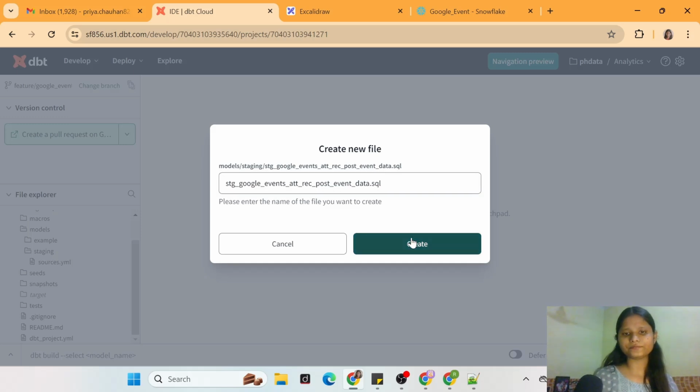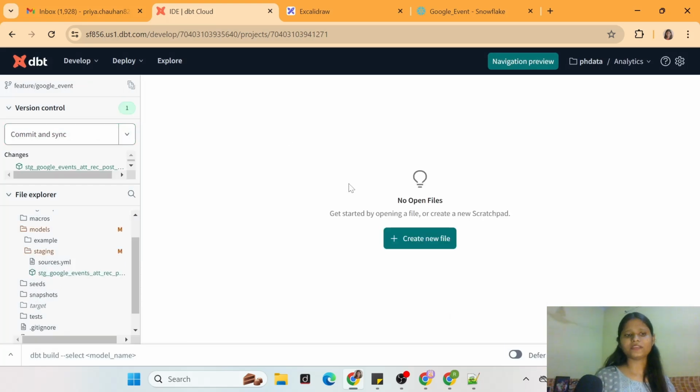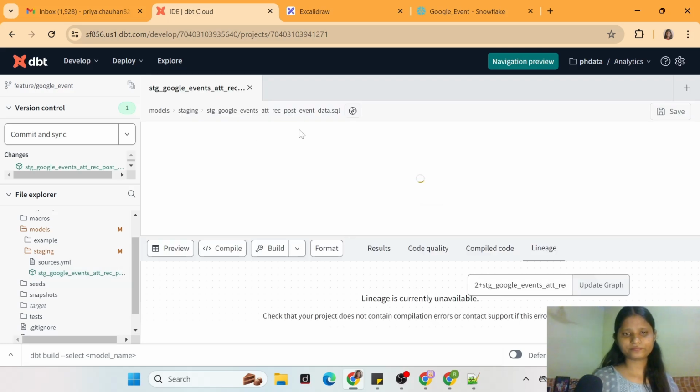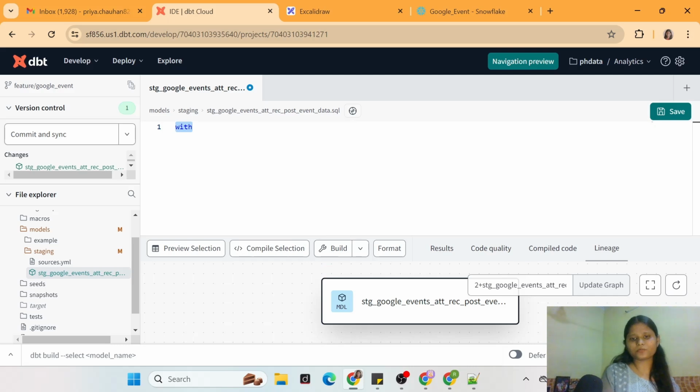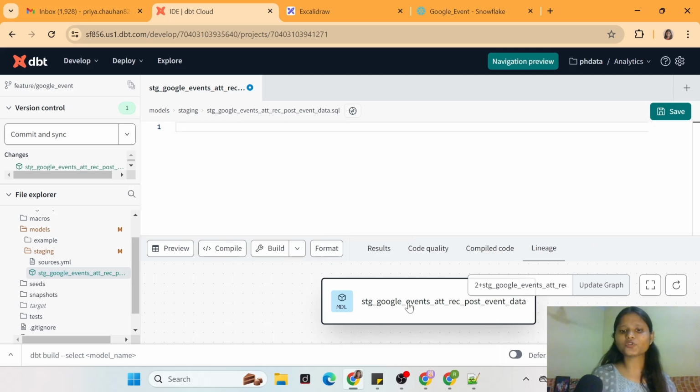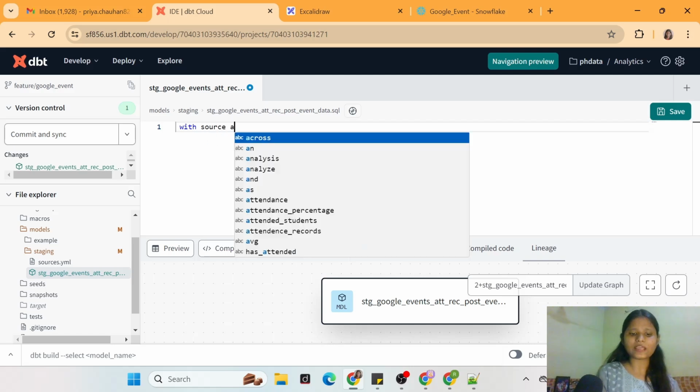I will be creating it. So now my stage file is created. I will be selecting it. Just make sure you see here, I have not written anything. Let me erase this part, and you will see a lineage is automatically created, which shows that this is a model. There is no backward or forward model. You can see there is only one single model because that is the only one created. Now follow here. I will be writing one CTE with source as